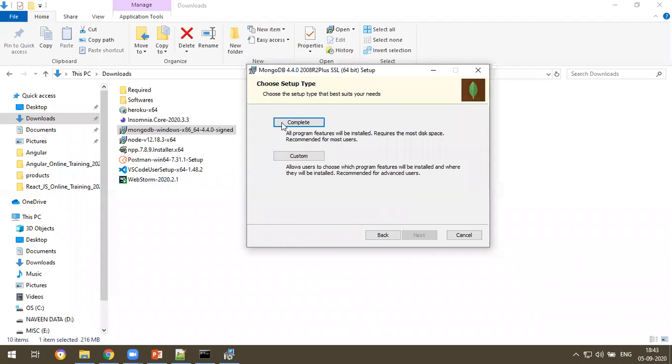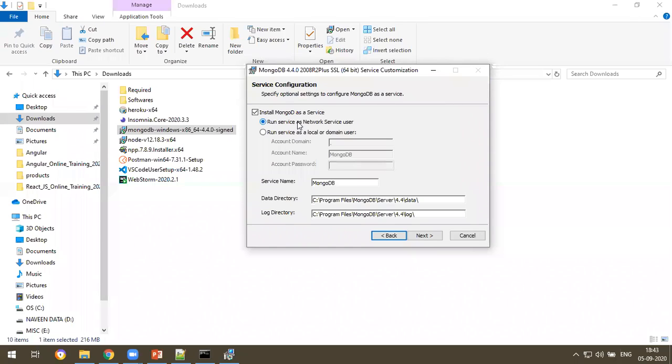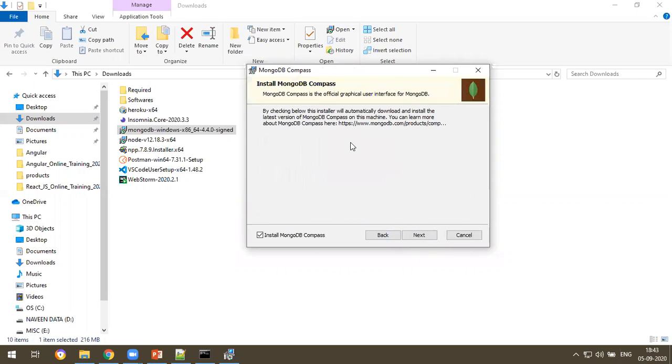And here you can select the complete installer. Just click on complete only. And here, this one, service configuration, no change at all. Don't change anything on the screen. Just click on next. Okay, it is properly arranged, so no changes required. Just click on next. And then here